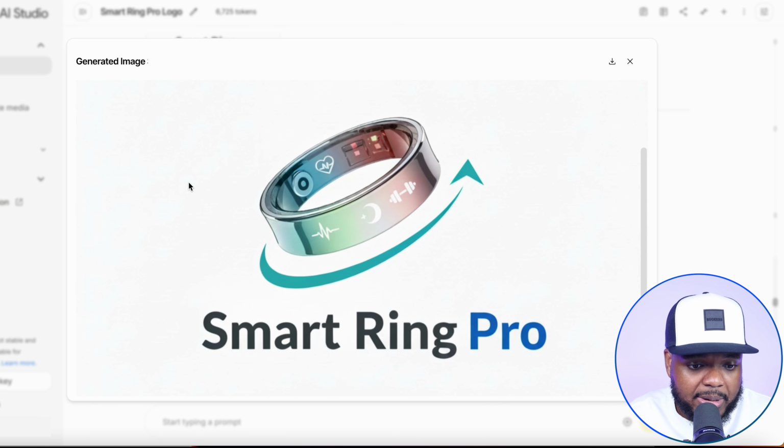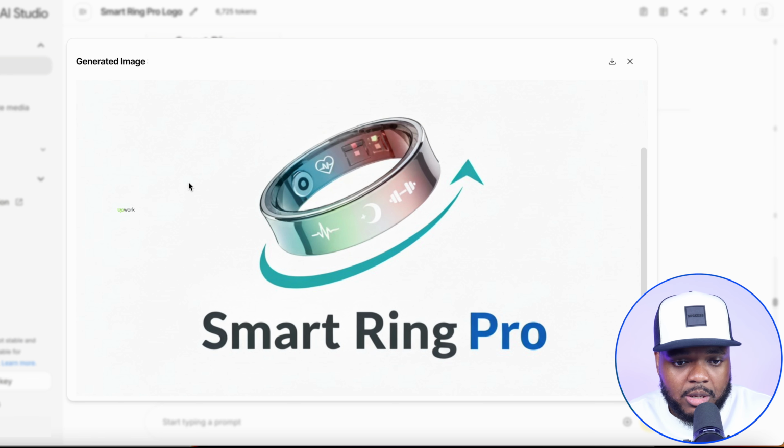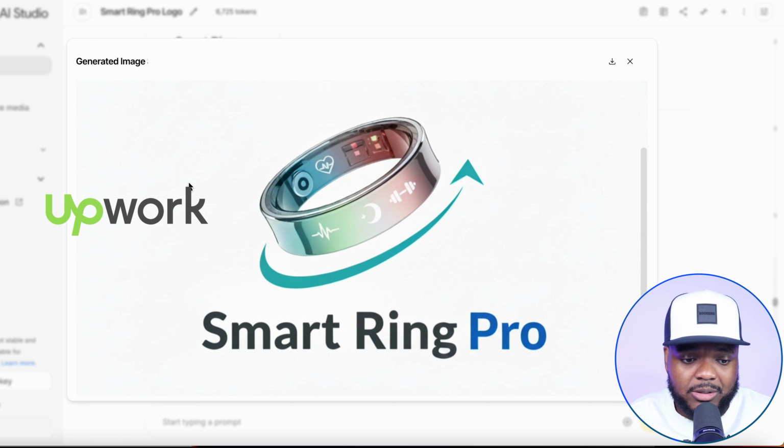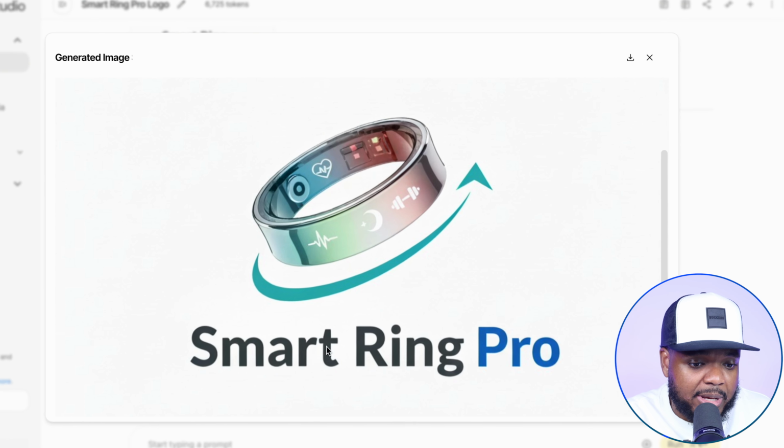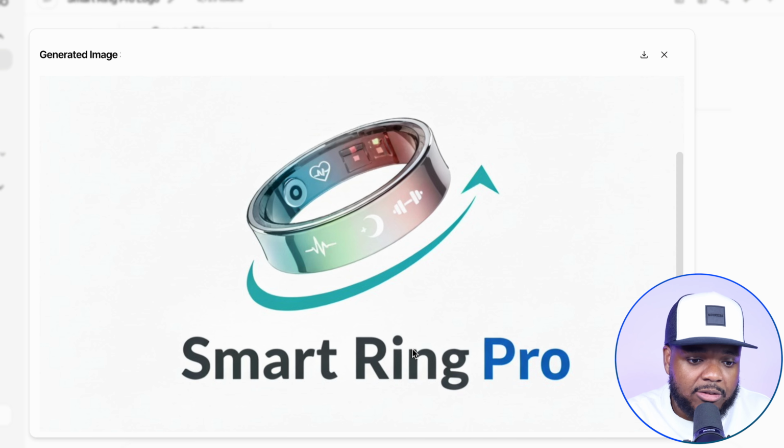And as you can see, it's come back with a really well designed image/logo that I didn't need to pay for. If I went onto a website like Upwork, or if I wanted to maybe make it myself, it would have taken me a while to come up with the design, maybe learn how to make a logo. Of course, I know how to do it, but if you're a beginner, this is definitely going to help you out, because all you need to do once you're happy with whatever logo is made, and by the way, you can request any revisions that you want, but if you're happy with it, all you need to do is